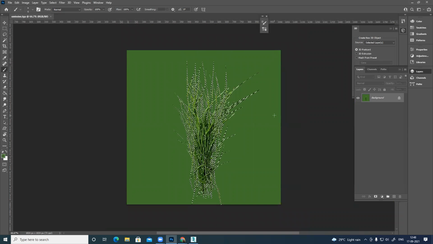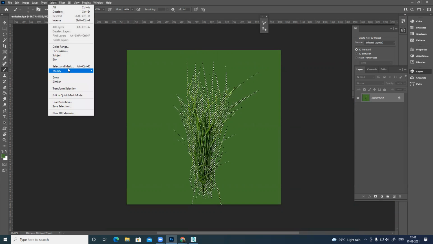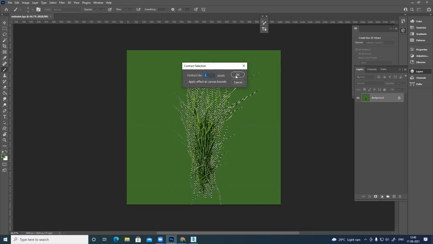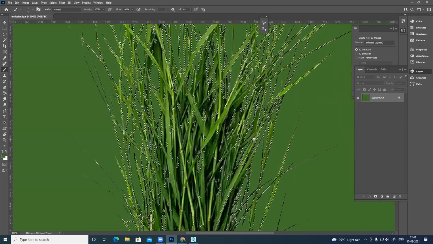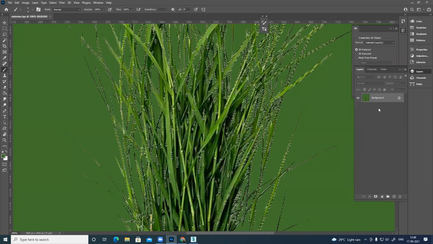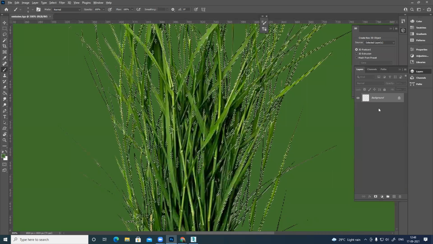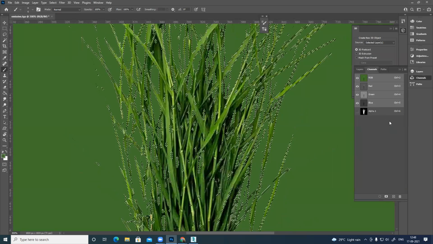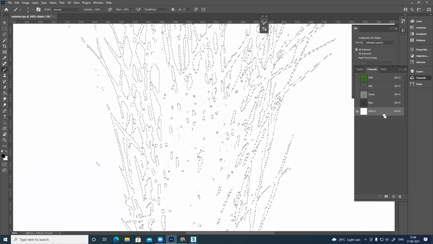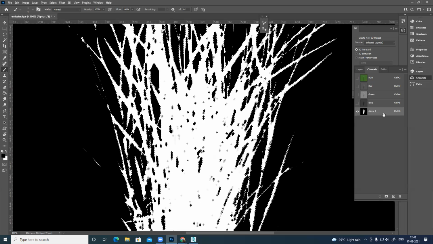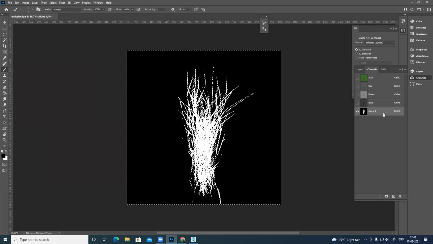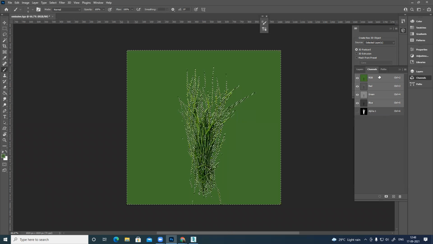So let's contract it, Modify, Contract, maybe 1 pixel. Test everything. And green. Make sure everything is black. The same thing you have to update here also. Or you can keep this also because I filled green already, so that white part is gone anyway. If I keep it like this, it will also work. Like Control Delete, fill color, save.